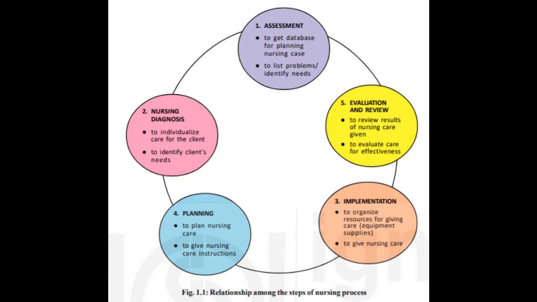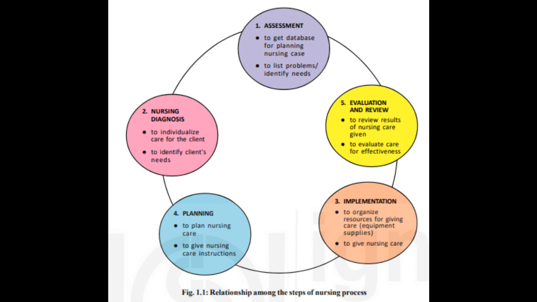If his condition is improved and he no longer has even a potential for deficient fluid volume, i.e., his temperature is normal, then you terminate the plan and allow the patient to determine his own pattern of drinking fluids. Study Fig. 1.1 to clarify the relationship among all the steps of the nursing process. Each step is dependent on the accuracy of the step preceding it. The steps are also slightly overlapping. For example, you may begin planning nursing actions while you are actually doing the nursing assessment.